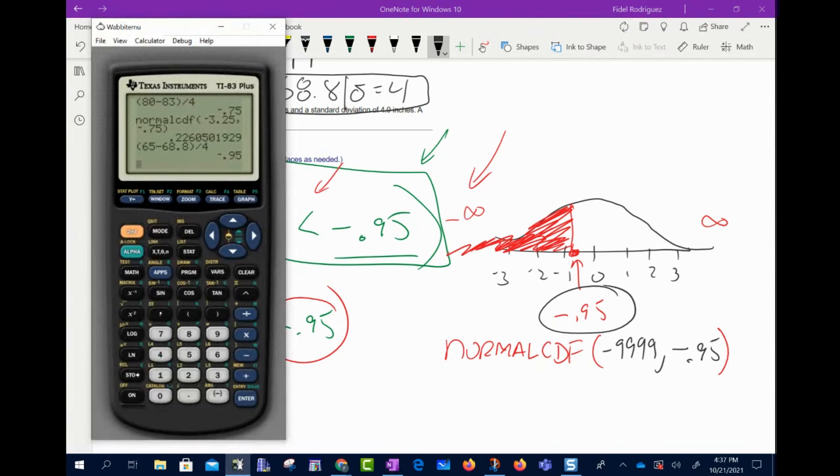So we're going to take this thing right here, go second in vars, normal CDF right there, and say negative 9999, comma, negative 0.95, and we're going to come up with a